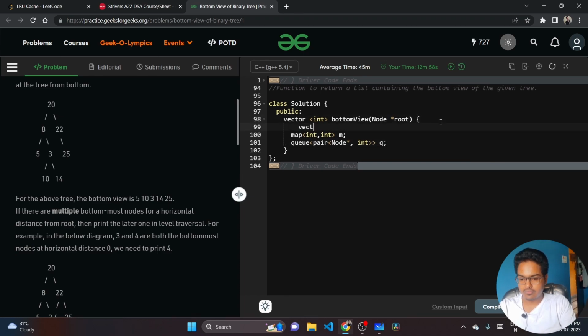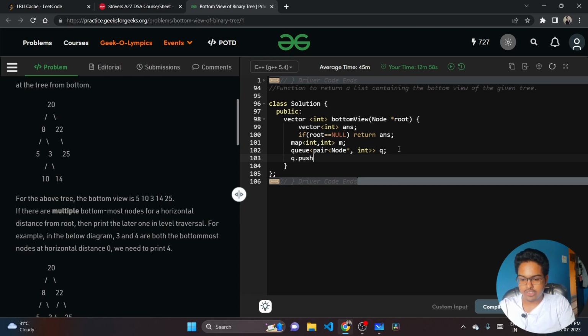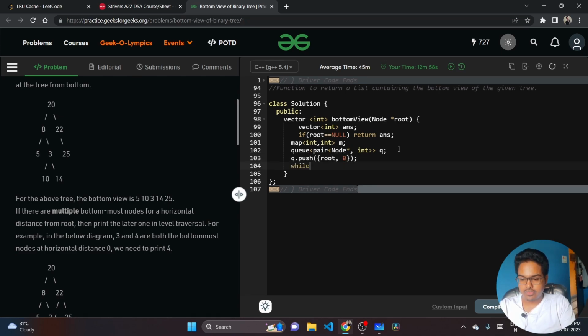Now create a vector so that we can store the answer. If root equals null, we will simply return our answer. Now q.push our root, and the initial line will be 0. While the queue is not empty,